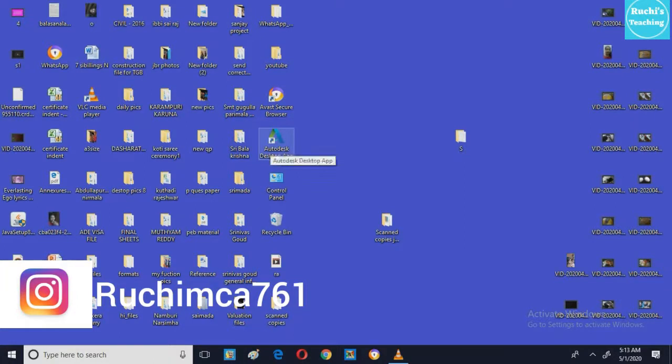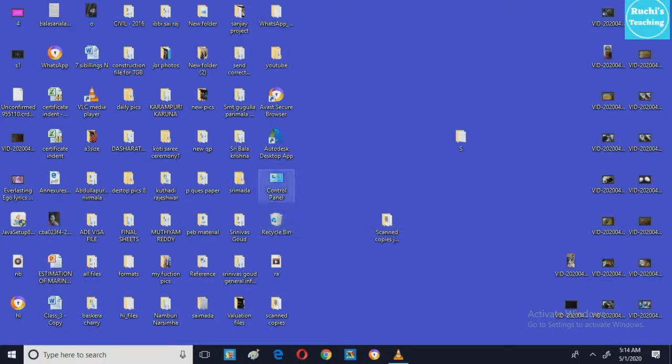And can you see this Autodesk arrow mark is there? So these two we have created and kept on the screen. These two are the application icons and these two are the system icons. System icons are nothing but already built-in icons. That means we will not create them, whereas application icons are those icons which are created by us. These are created by us and we have kept shortcuts on them.